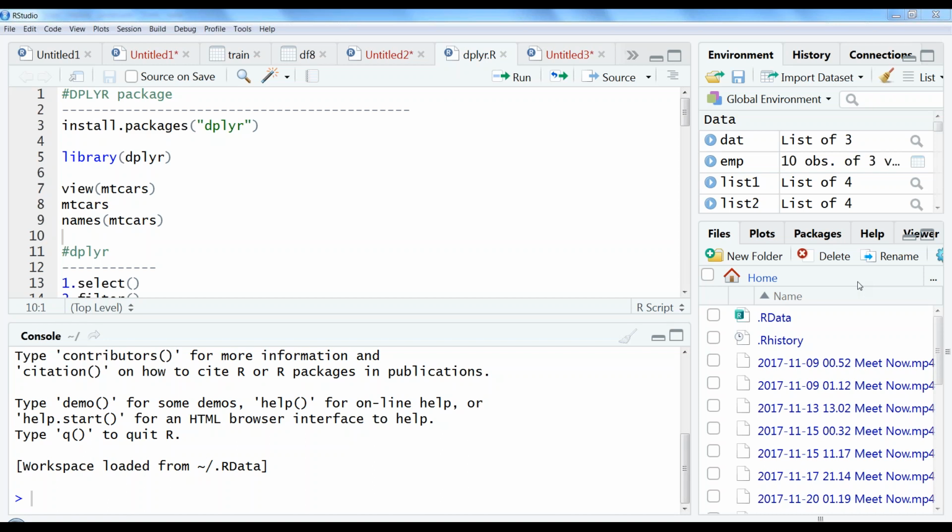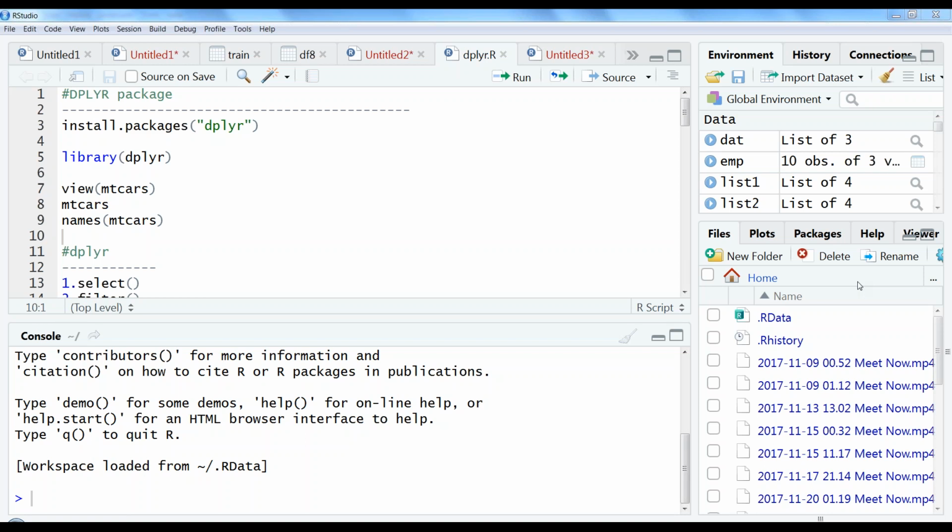So any kind of manipulation we can do with the predefined functions we have already, which we discussed in the previous video, and also we have discussed the family of apply functions, with which also we can do manipulation. The manipulations we can do with the dplyr package will be a superset of all those functions.